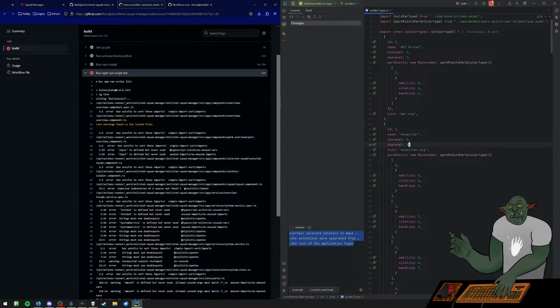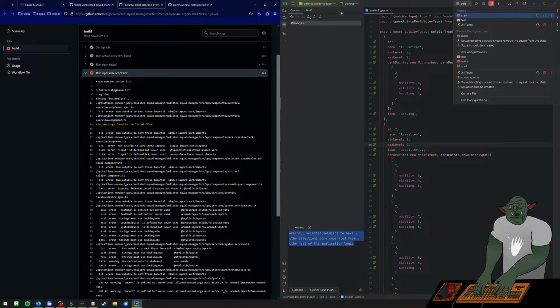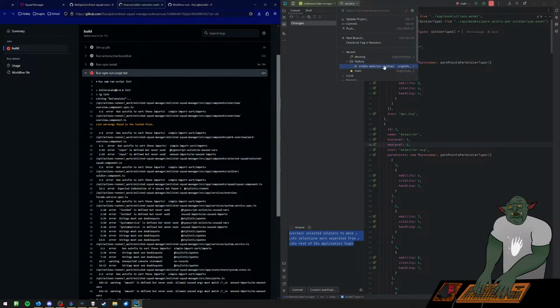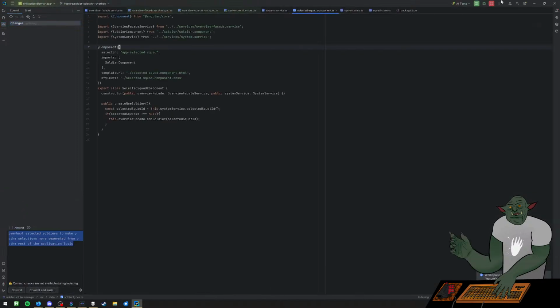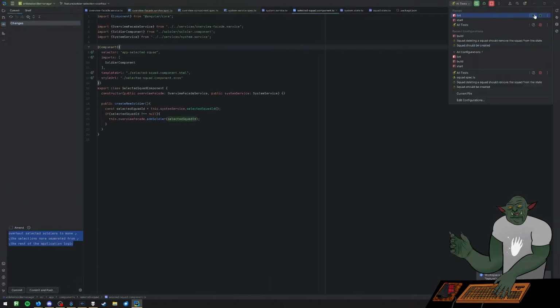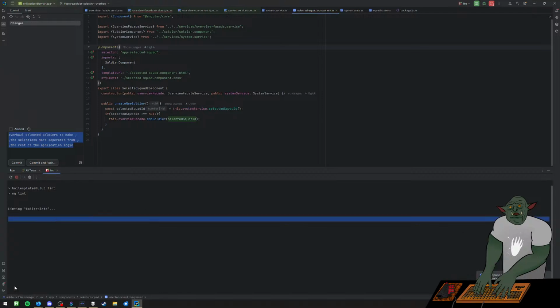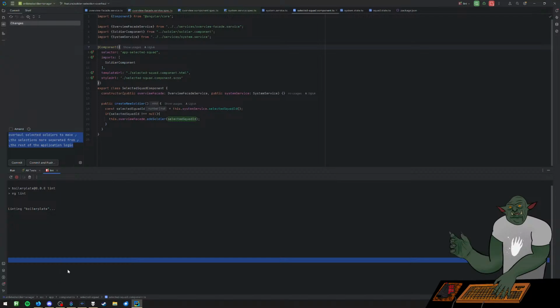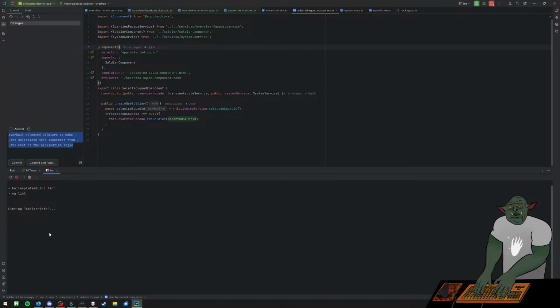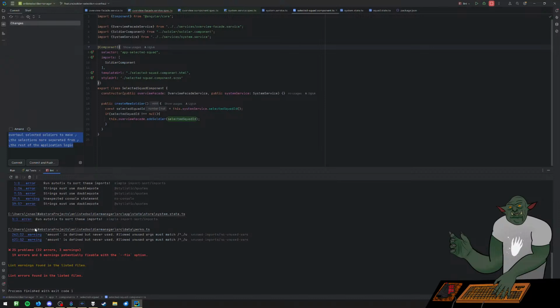Oh shit, did I not lint before I pushed? Was I being that stupid? I think that's what I did. I didn't check if the code was up to date with how I want it. Not up to standard, I guess, as none of the kids would say. Let's see what, well, yeah, that's,